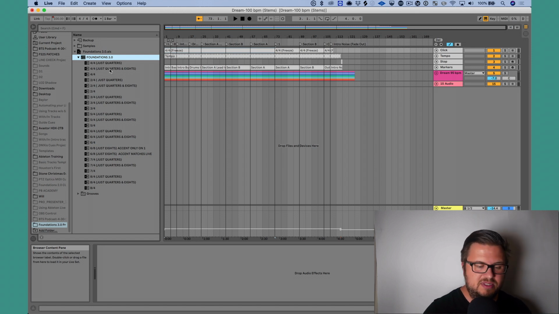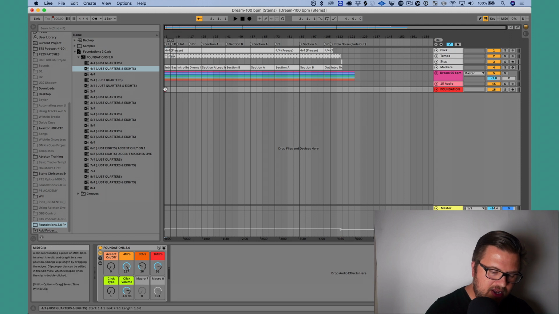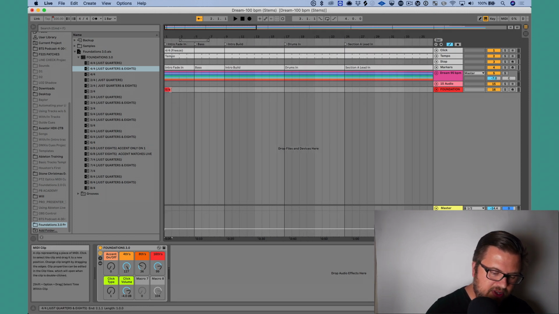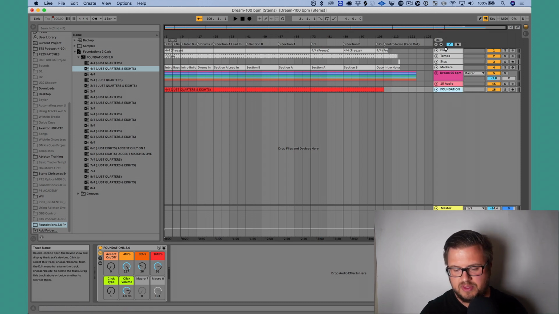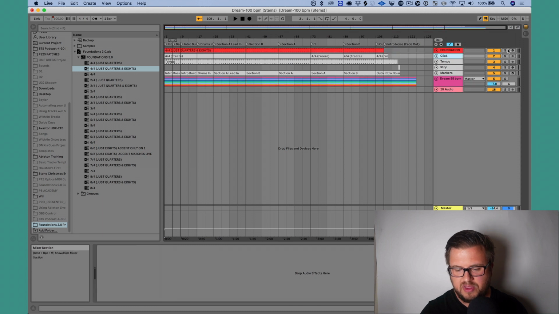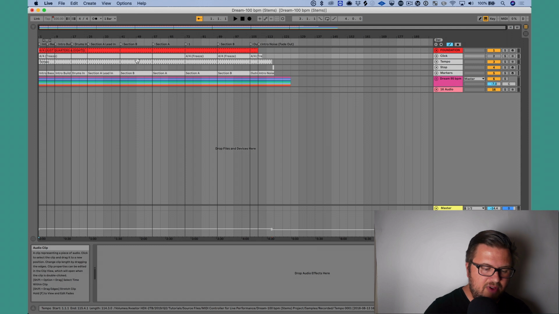I know I'm not going to use sixteenths at all, so I'm going to take this clip, I'm going to drag it in. It's going to drop right in, and then I just want to drag it the entire length of my song. So I'm going to grab the end here, and then click minus to zoom out, right, and we go to right here. And then I'm going to drop this up to the top, and let's just temporarily mute our click track for now. So now, and let's close our browser. Now if I press play here,